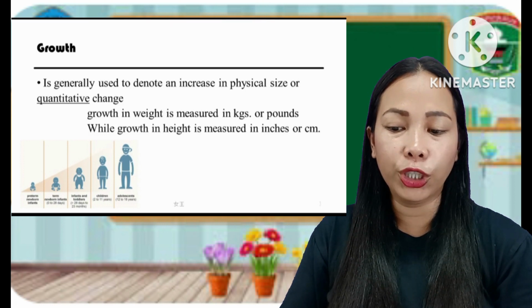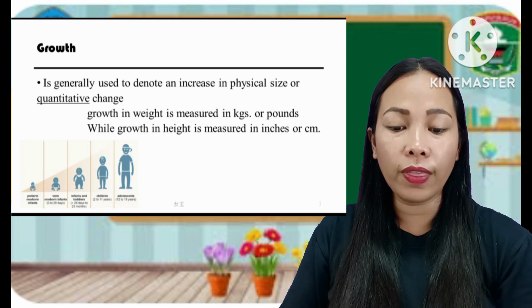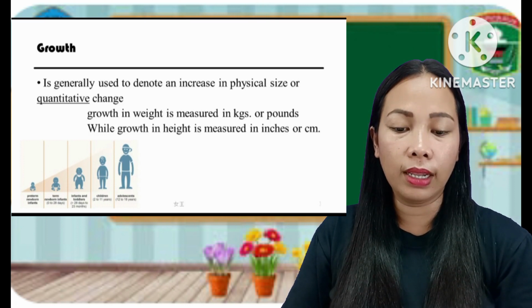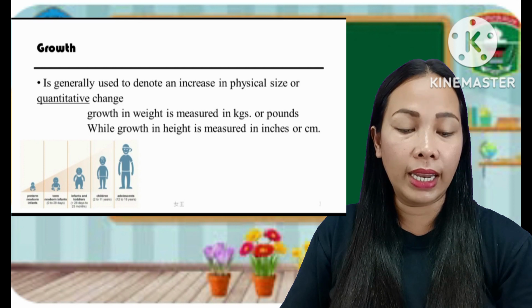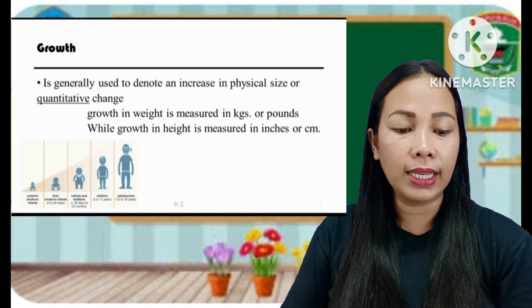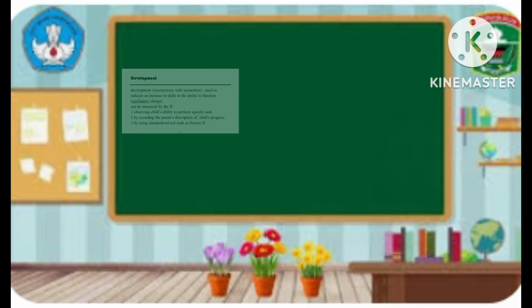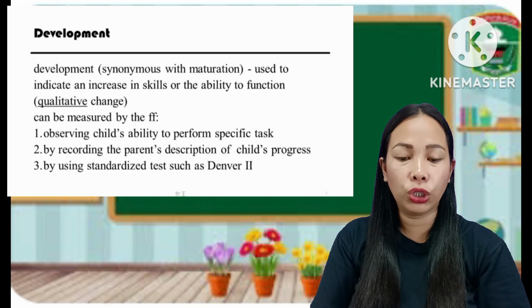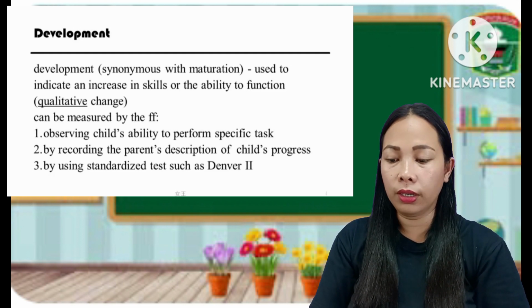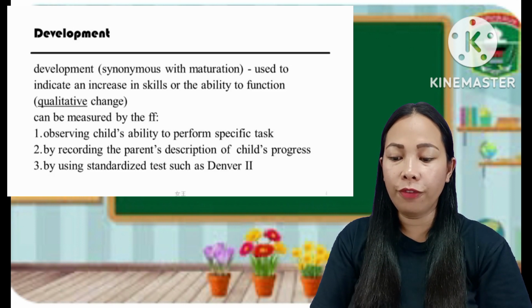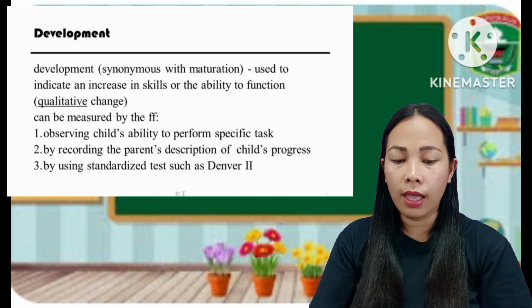Growth rates vary during different stages. Growth is rapid during the prenatal, neonatal, infancy, and adolescence stages, and slow during childhood. Physical growth is minimal during adulthood. Development is an increase in complexity of function and skill progression. It is the capacity and skill of a person to adapt to the environment. Development is the behavioral aspect of growth.